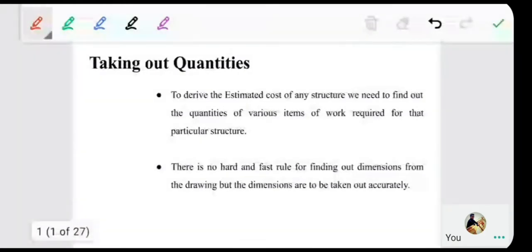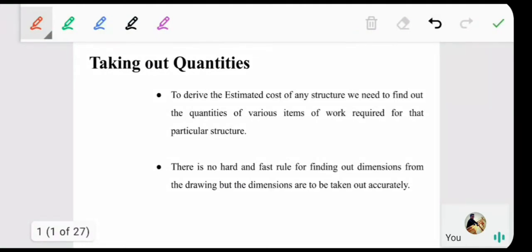In the previous lecture, we learned various rules of deduction for calculation of the brickwork and the plastering. Now let's talk about the actual calculation: how we are going to calculate the quantity of the brickwork and the plastering and other items of the work. Estimating the quantity of a particular item of the work is also known as taking out the